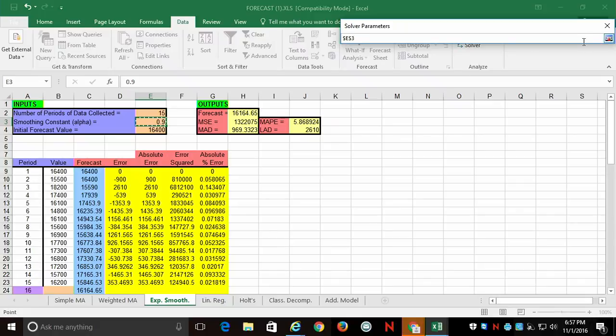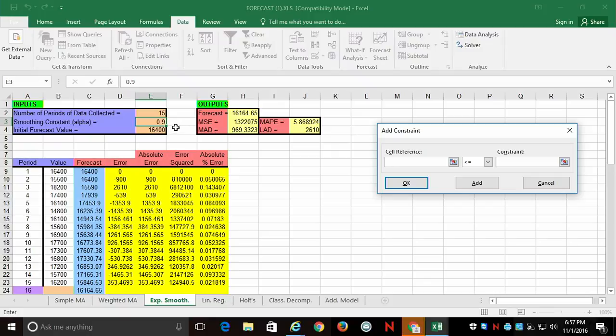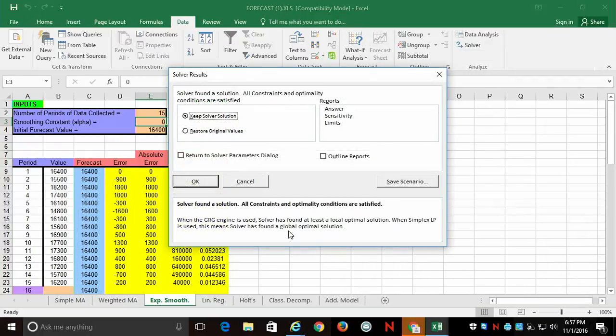The smoothing constant, subject to the constraint. The smoothing constant, which is E3, has to be less than or equal to 1. And make unconstrained variables non-negative. I'm going to click Solve. I hate this one